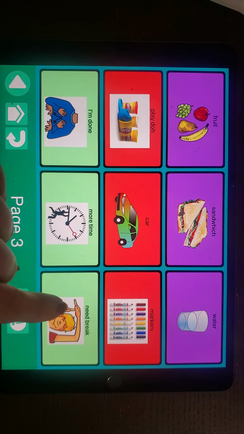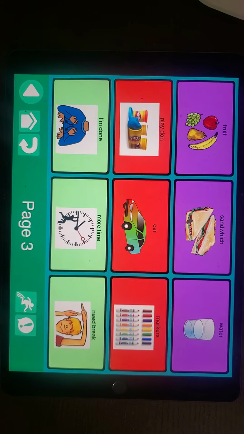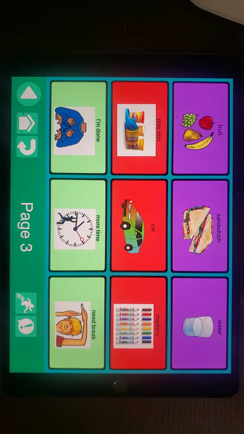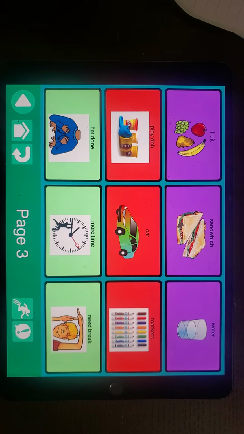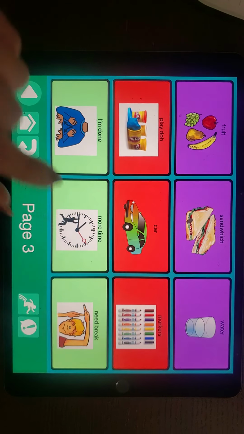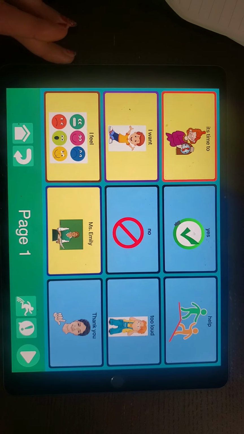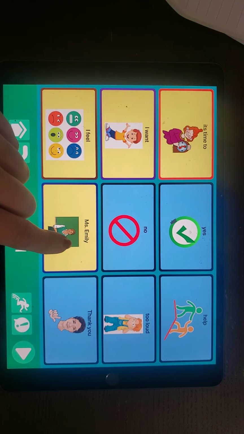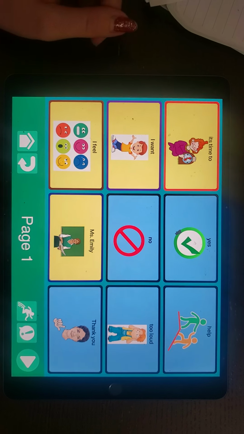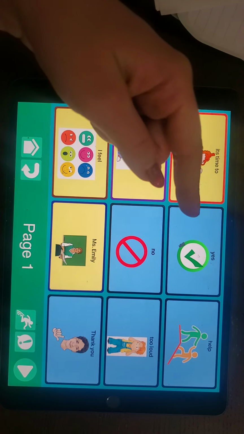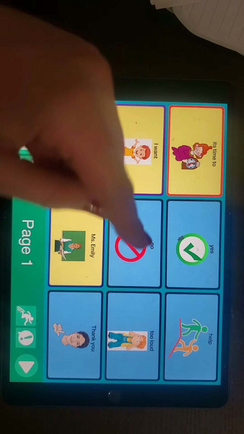And he can also say need a break in case he feels like he can't handle what's happening. He can communicate that he just needs to go sit in a quiet zone maybe, so he can say need break. If we go back, so that's what he can communicate with Miss Emily. He also can answer yes or no questions asked of him. He can say yes, he can say no, he can say